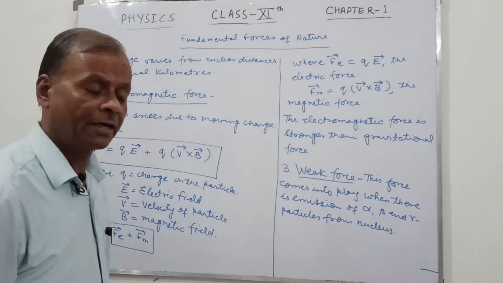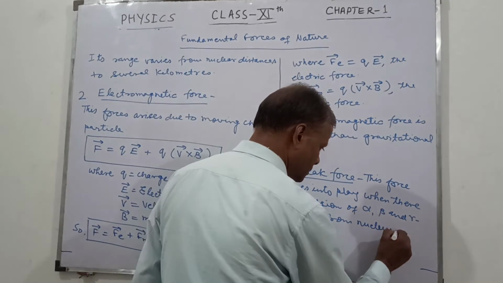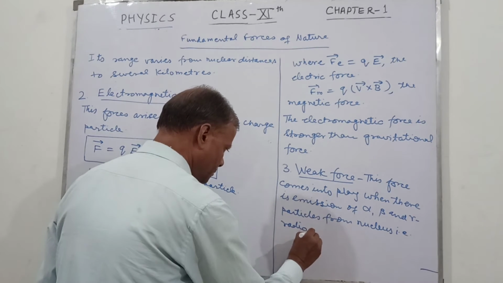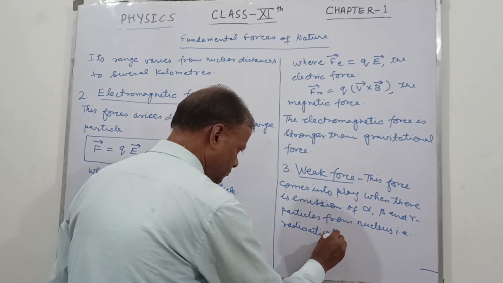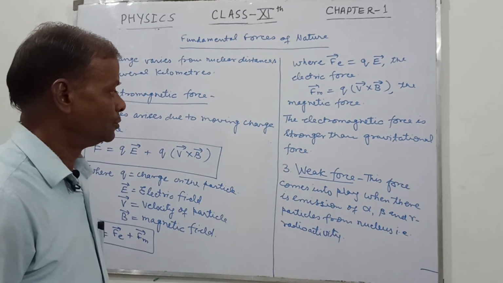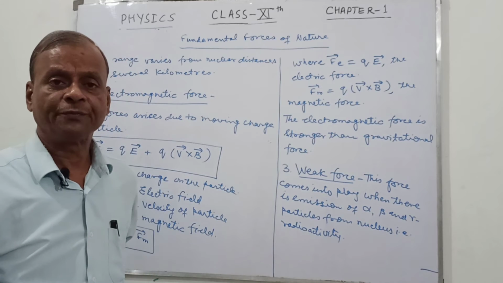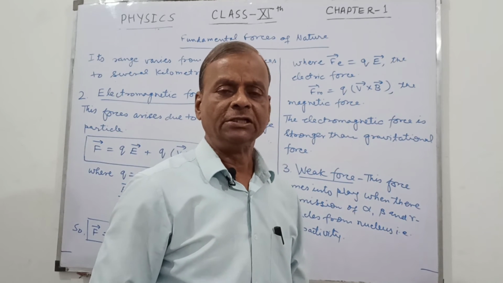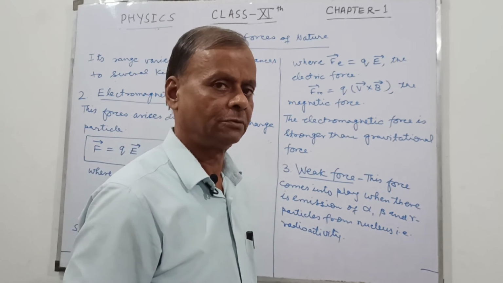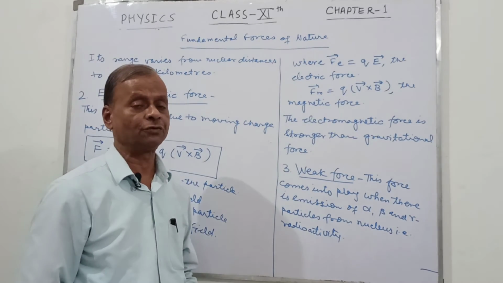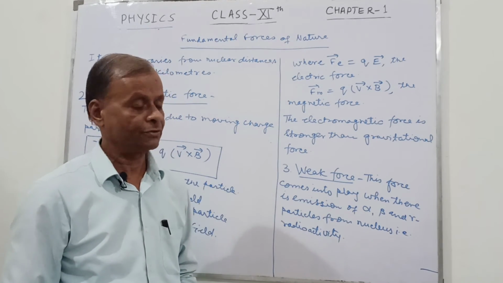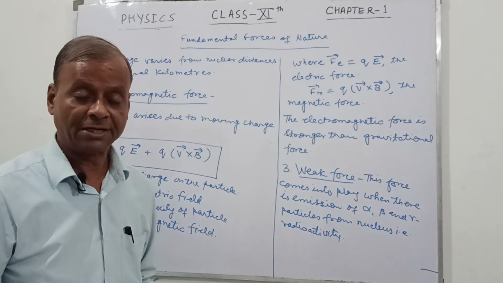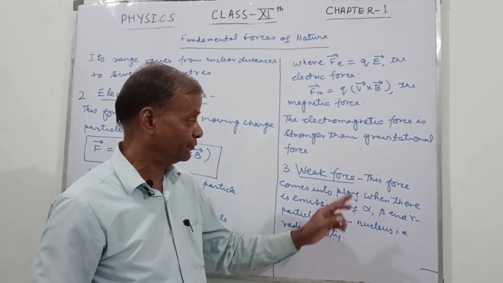It means that this is radioactivity. So, when there is emission of alpha, beta or gamma particles, these particles experience a certain force. That force is called the weak force. Sometimes in certain books this is also written as the weaker nuclear force, but I think the term weak force is more favorable